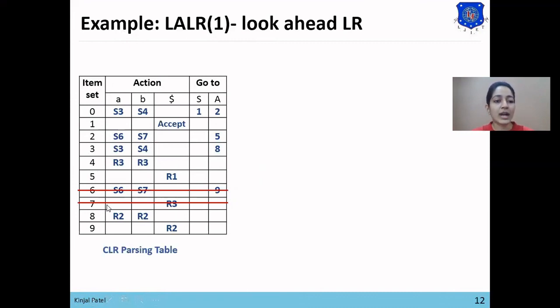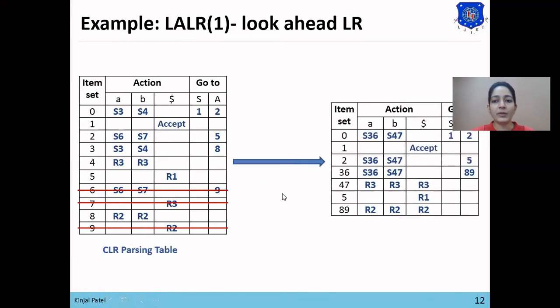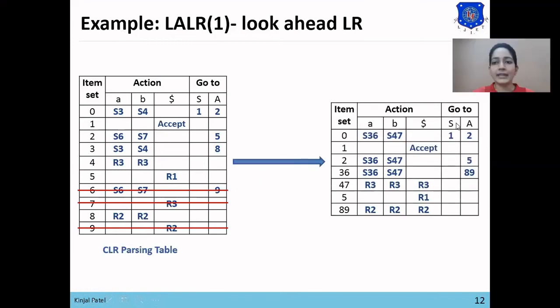So we'll remove I7 from the table, and we'll also remove I9 from the table as we have merged 9 with 8. So our parsing table will be like this, with the I36 set merged, the I47 set merged, and the I89 set merged.